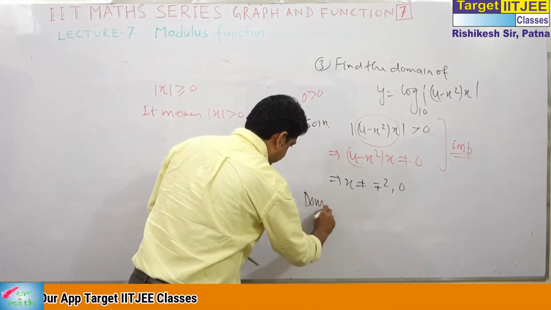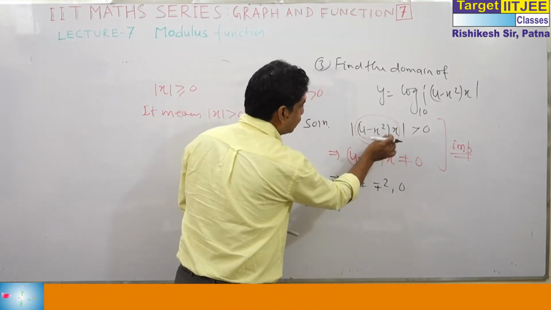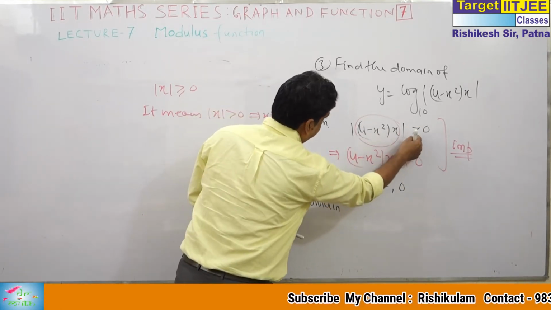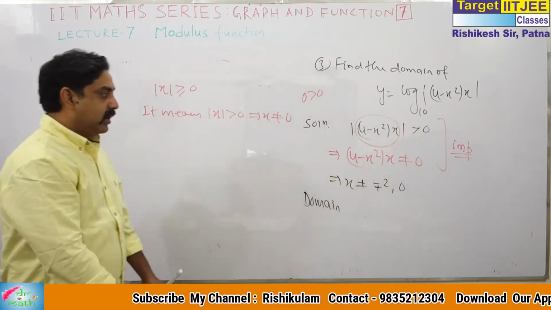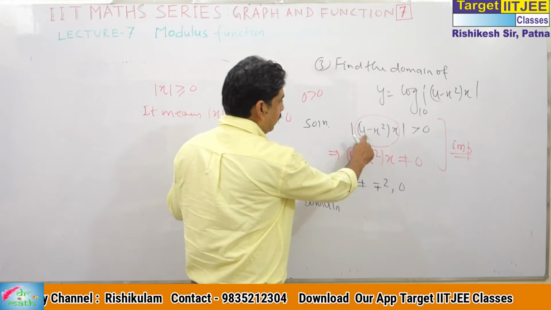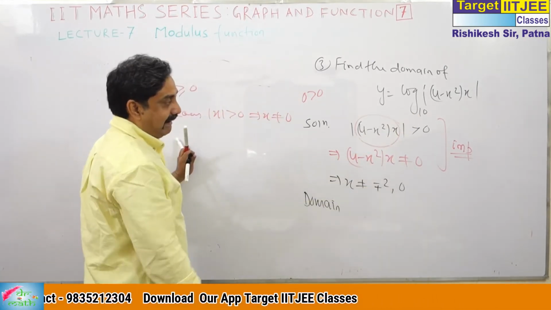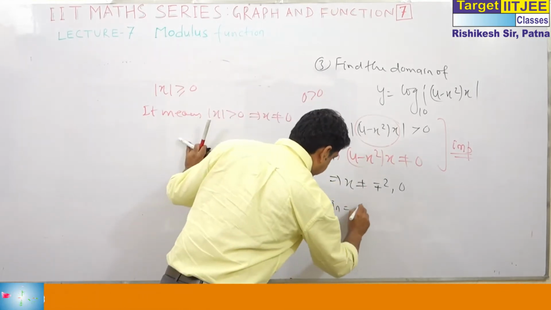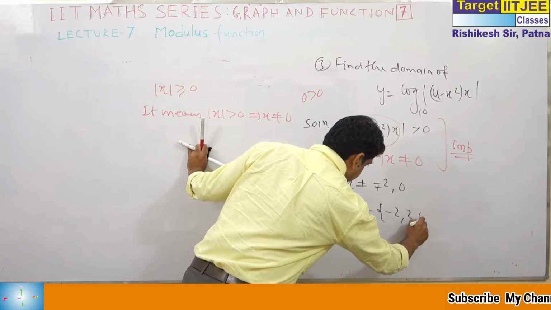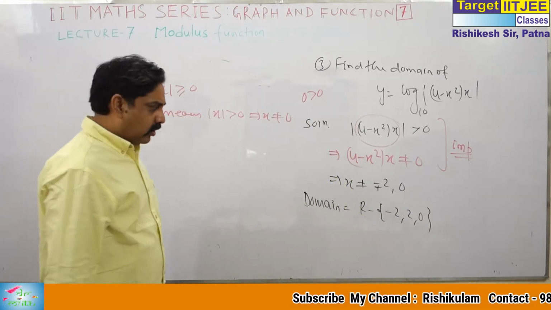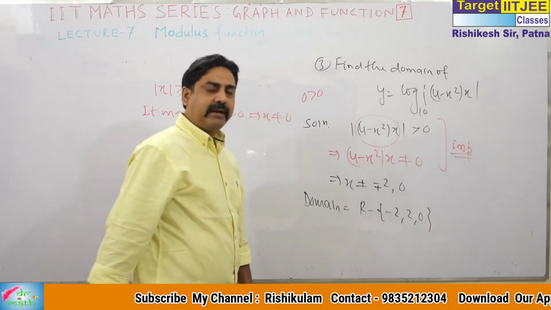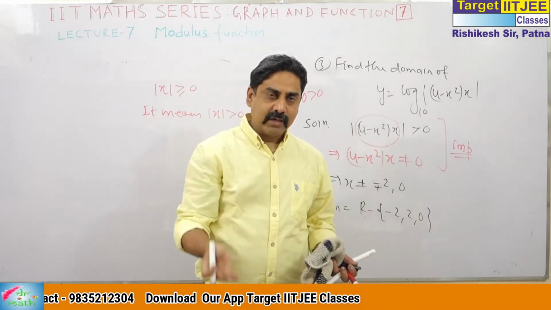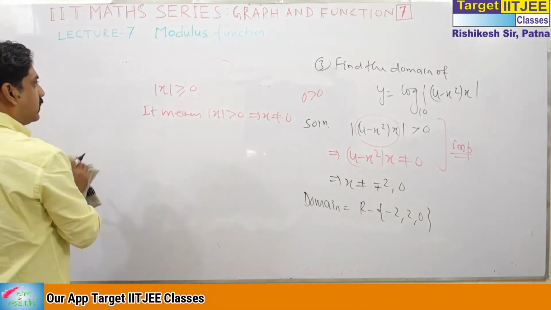So what is the domain? Be careful. If this is negative, its mod value is positive, true. If this is positive, it's clearly true. And the sign of equality is not given here. So what we have to do? We cannot take it at 0. So what is the domain? We can write like this. This is the domain. So domain is not very important in modulus. We get conditions of domain from a square root, from log, from inverse, or from trigonometry. And the rest is very simple.